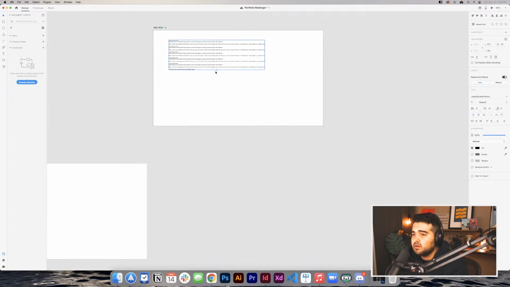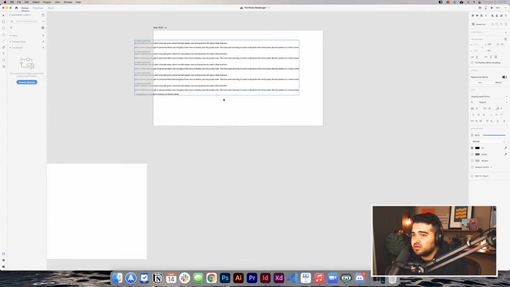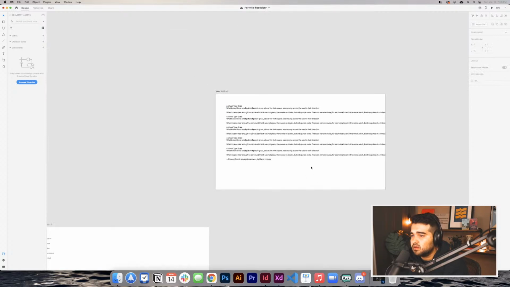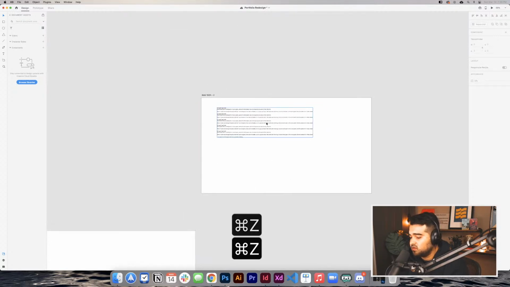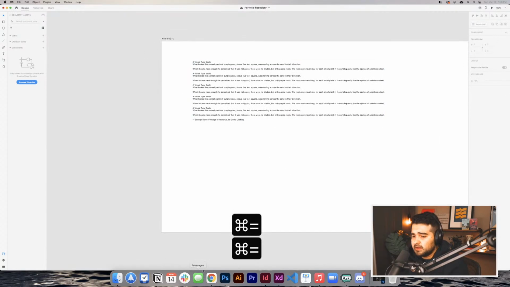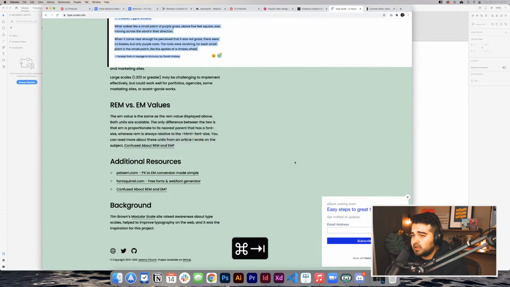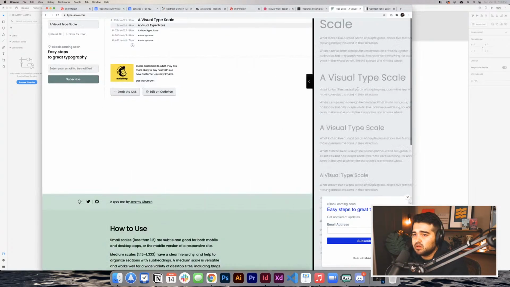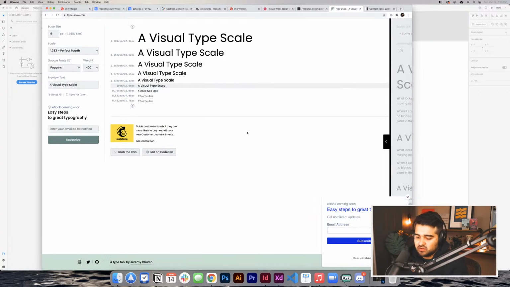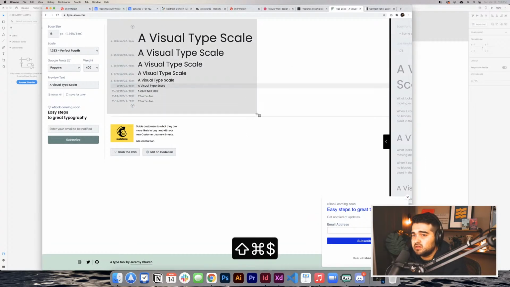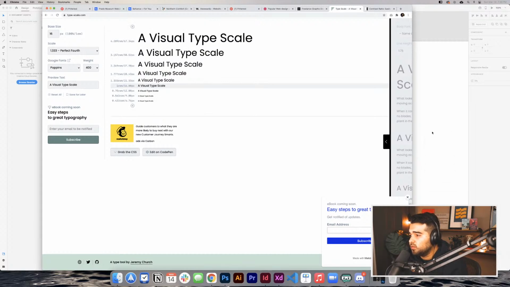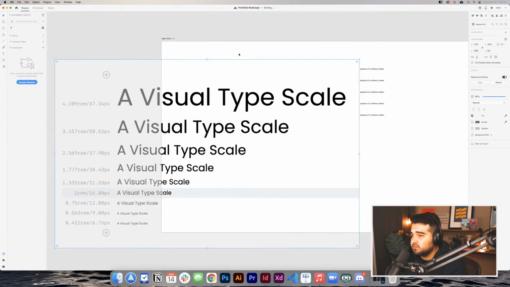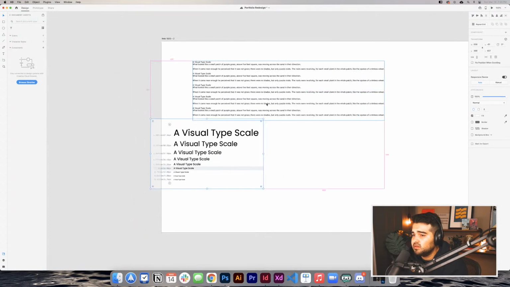Okay, it's not as big as I thought, and let me leave it the size it was. I go back to Google Chrome, bring it all the way out again, and then I take a screenshot of the sizing, the perfect fourth. But I don't want to use Poppins, I want to use something different. So I leave this right here,